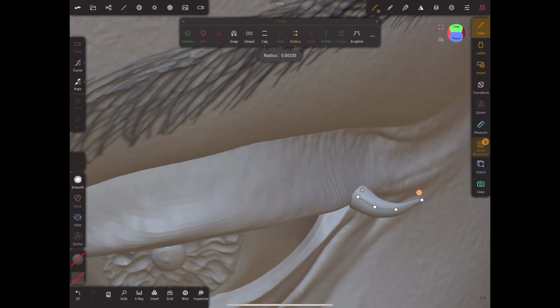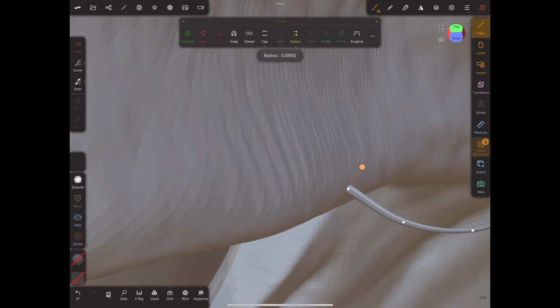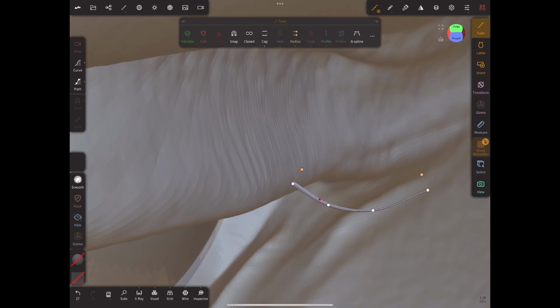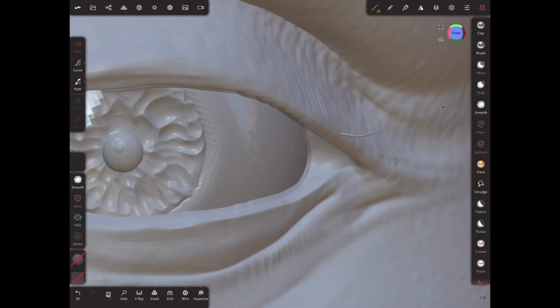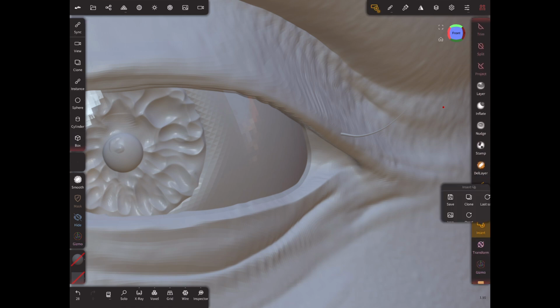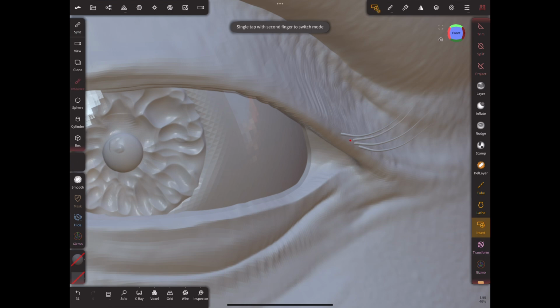Now I'm going to adjust the radius of the tube, only both ends. At the tip of the tube, make it thinner than the end of the tip that is touching the lid. Done, you validate this tube, and then we're going to go to the insert tool, and we're